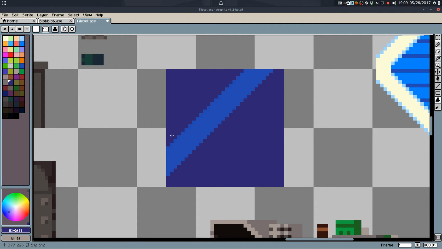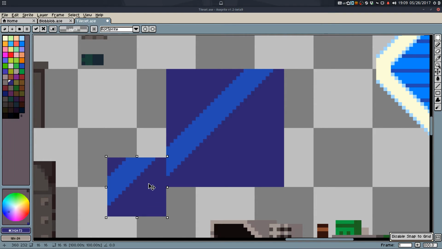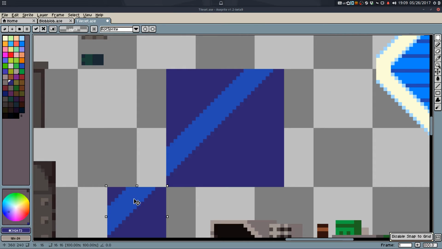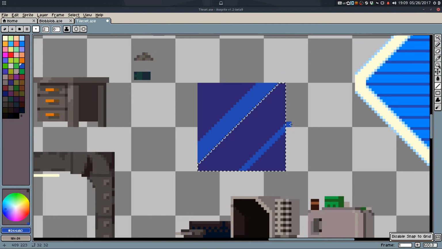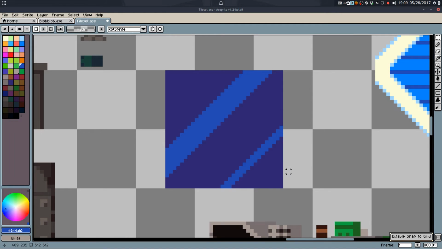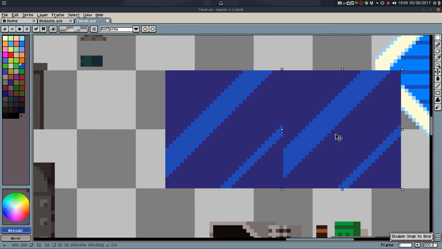Huh. Okay, so is this going to actually tile correctly, or am I missing something? Okay, it will. All right. Okay, so